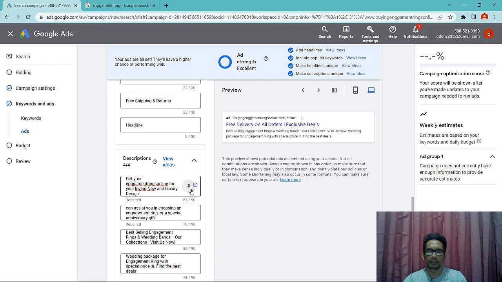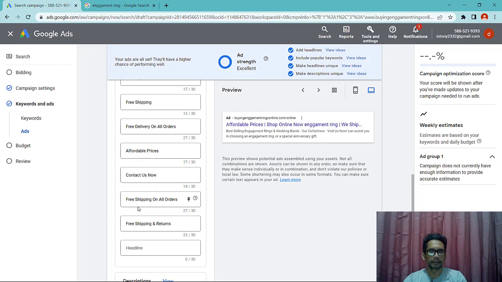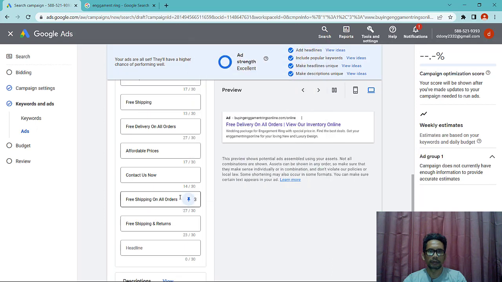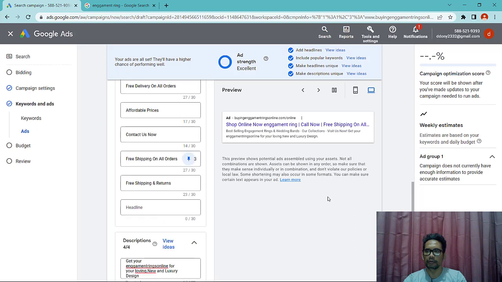When editing or creating a responsive search ad, click on the pin icon. Free shipping on all orders. You can click pin in here, or in here, and decide the position you'd like to pin that headline or description to. If you pin multiple titles or descriptions to the same position,